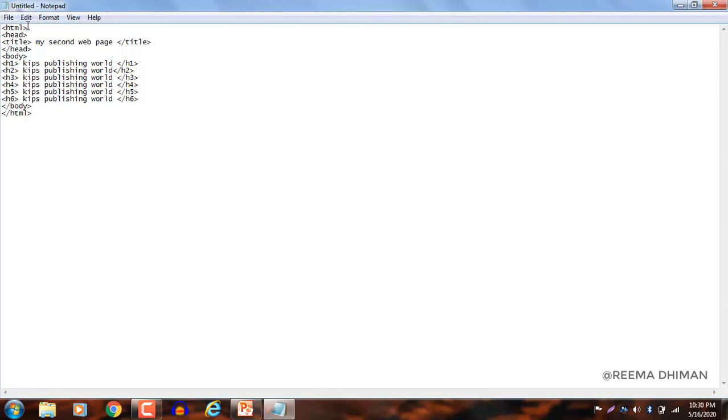As I use here HTML, so it is the on tag and this is the off tag. Clear? Similarly, it is the on tag of head and this is closing. Similarly, in case of title, this is opening and this is closing.